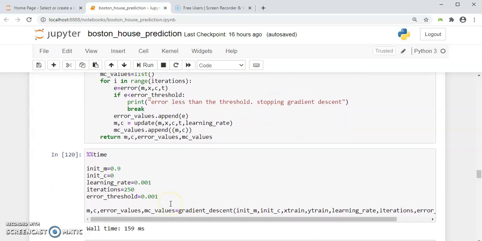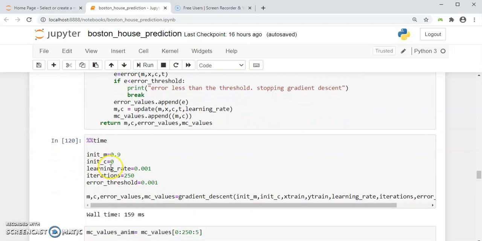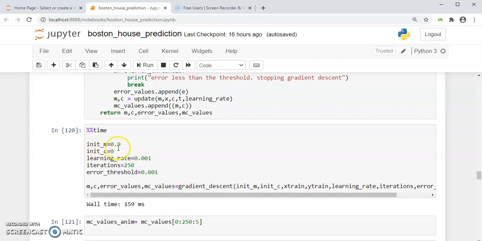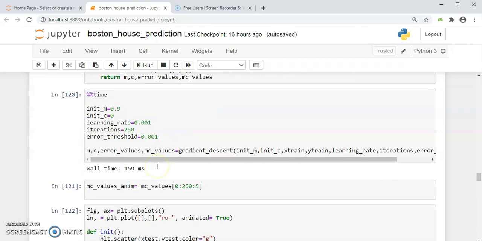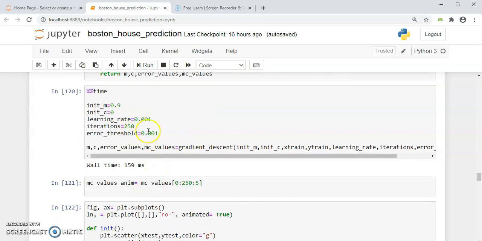And then I am going to initialize all of our values. Init m equals 0.9, init c equals 0, learning rate equals 0.001. Always remember that your learning rate should be less than 0.025. And the error threshold is 0.001.